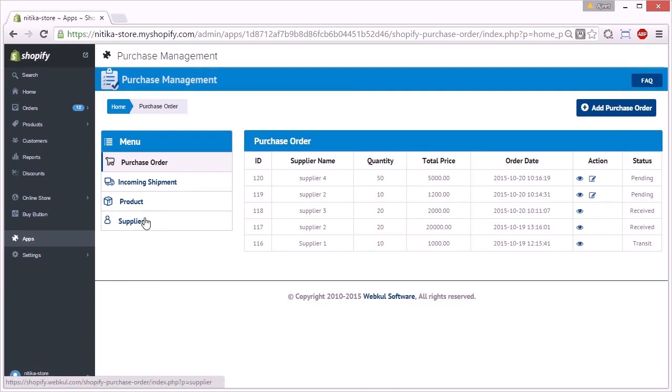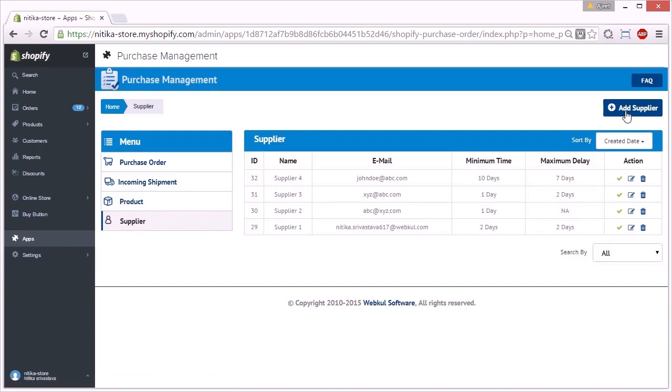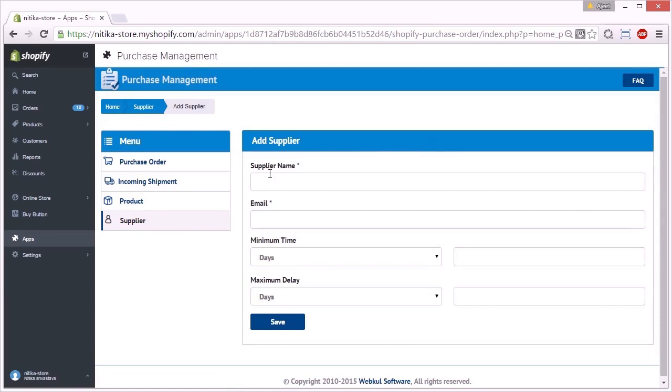The first process in this Purchase Management app is to add the suppliers. So we will go and add supplier. Once you click on the supplier, here you can see the list of all the suppliers already added, and you have to click on the add supplier to add a new supplier, and you have to write the name, let's say supplier 10, email ID supplier10@abc.com,